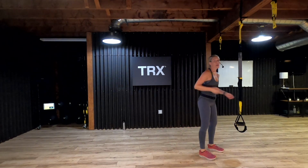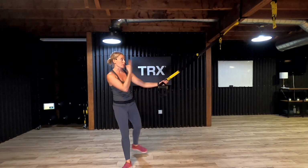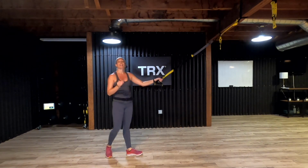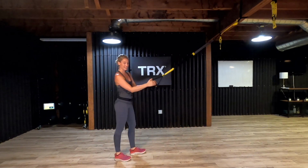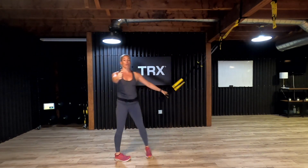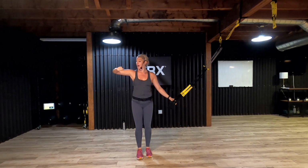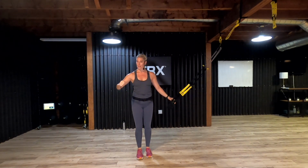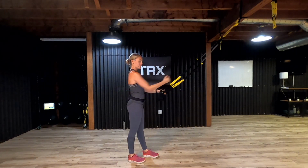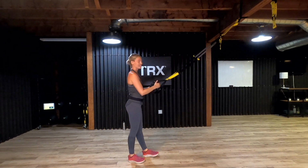Okay, so we're going to our upper body round this time. We're gonna go high, middle, and low rows. Now, generally with rows, we shorten our straps all the way up to the top, but we're gonna keep them mid-length for right now because it's gonna make things faster. So low row, elbows are low, mid row, middle, high row, high. Okay, so low row, high row, mid row, somewhere in the middle. We're gonna be pulling our arms in and our elbows are gonna end up at different heights all the way